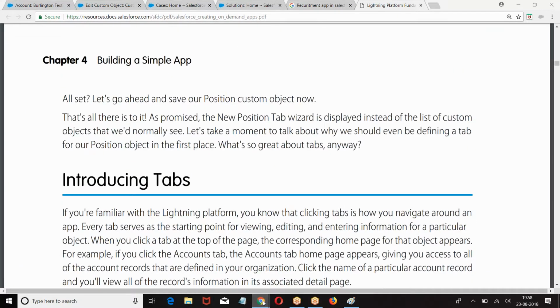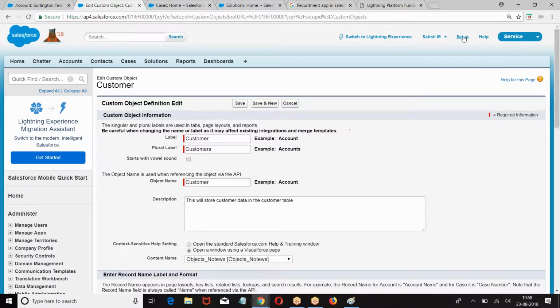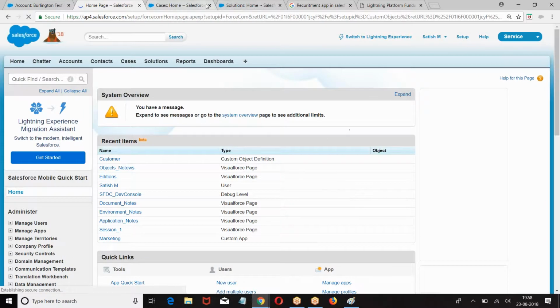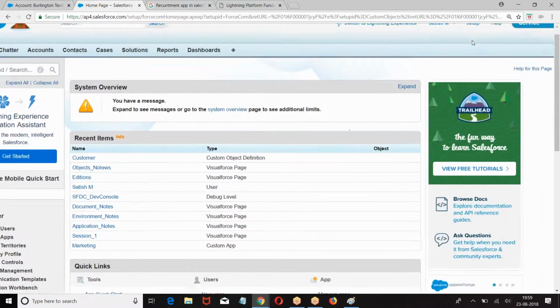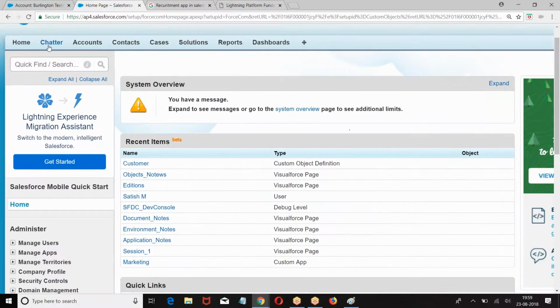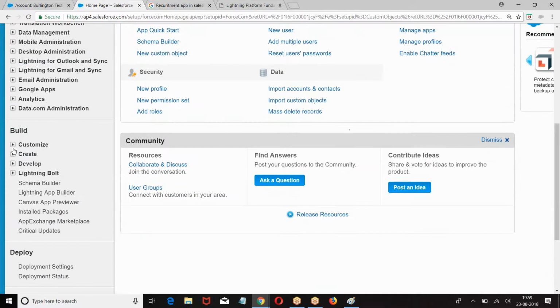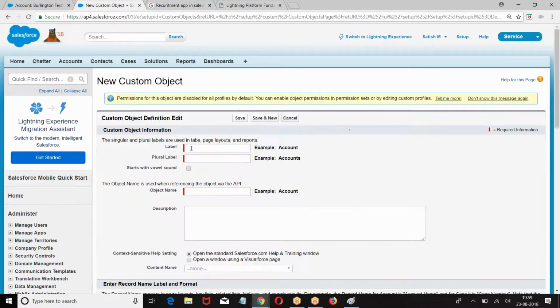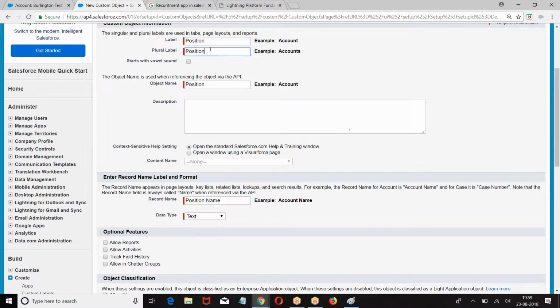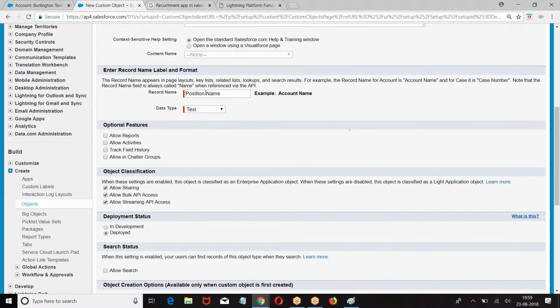Go back to this. What am I doing here? Setup, Build, Create, Objects, positions. What do they ask you to give?